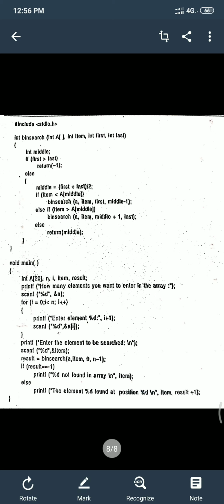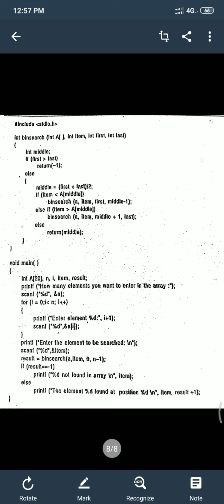Now we'll move on to step 3. If the required element item is not equal to the middle element, A of middle, then it lies either in the first half or in the last half of the array. If the item is less than A of middle, it lies in the first half and middle minus 1 is assigned to last.